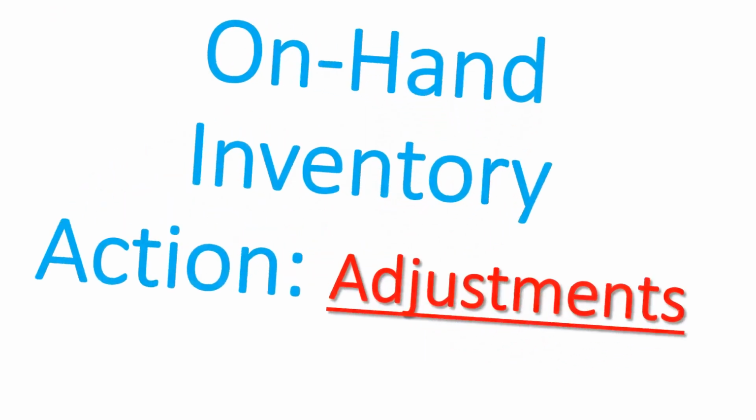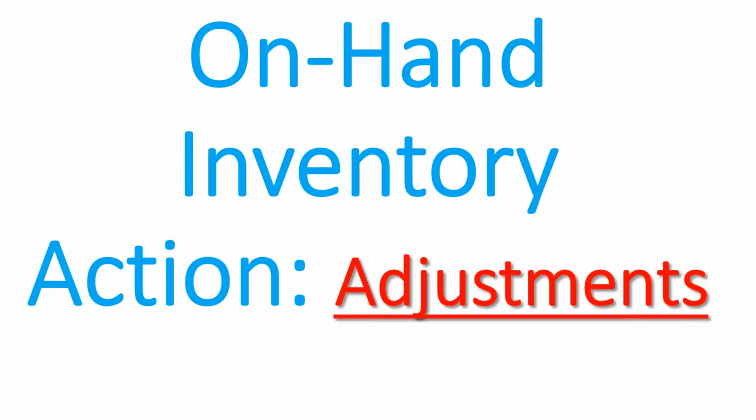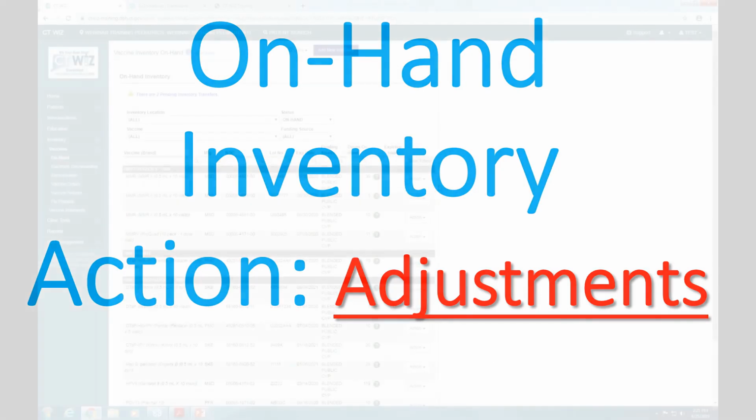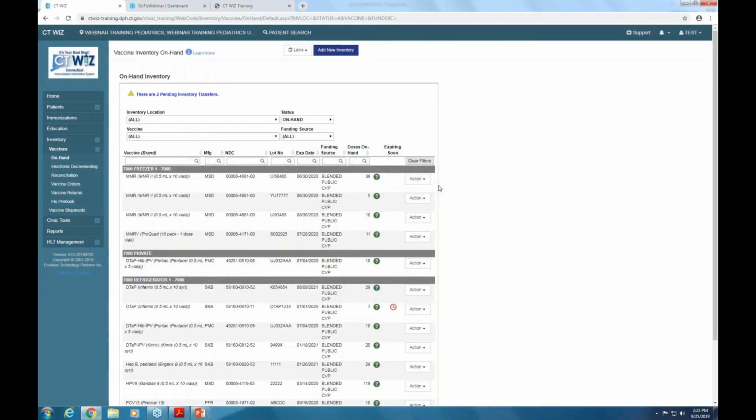Now, we will go into Adjustments. Adjustments can be used for many different reasons, such as dropping a vial and opted out patients. All adjustments are reviewed by the CBP program, so it is important to keep this in mind. Adjustments need to have a valid reason. Failure to justify adjustments may lead to restitution. To do this, click on Adjustment,